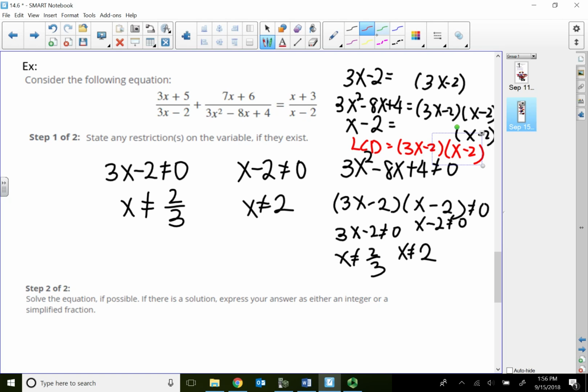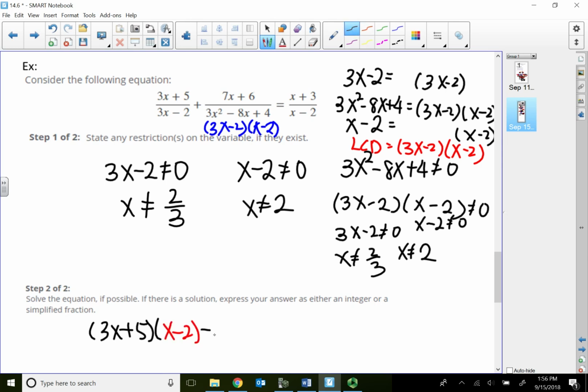If it helps, sometimes I see students rewrite the middle denominator like that in factor form. So it helps them to see how it's canceled. You can do it like that, or you can do it by asking, what does the LCD have that the first denominator does not have? The first denominator does not have x minus 2, so we take that times the numerator. So that would just be 3x plus 5 times x minus 2